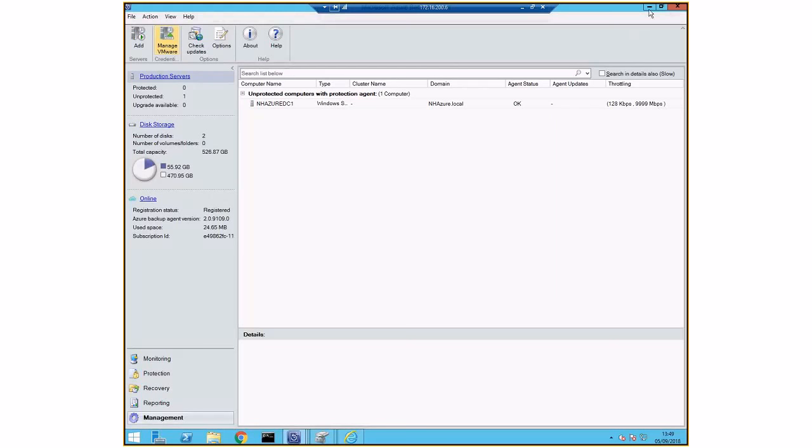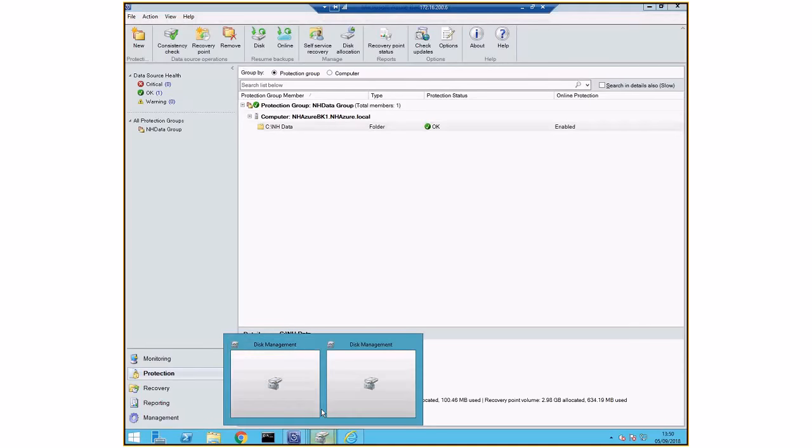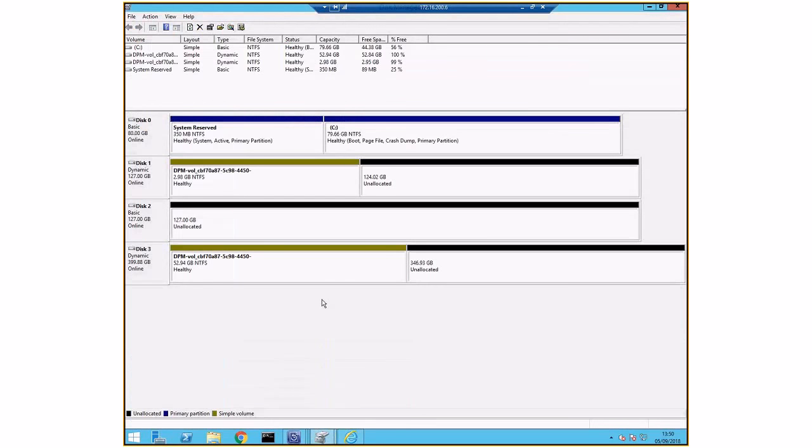Yeah, there you go. And guys, as I said quickly before, in my case, because I've done a backup already, if I show you my disk topology, there you go. This is what's happened. I added a disk, and there is this partition already created, this volume already created, DPM vol something.